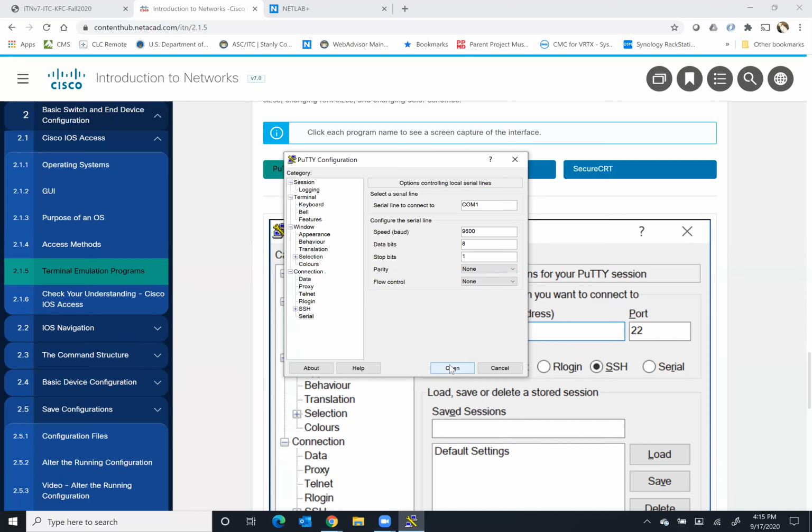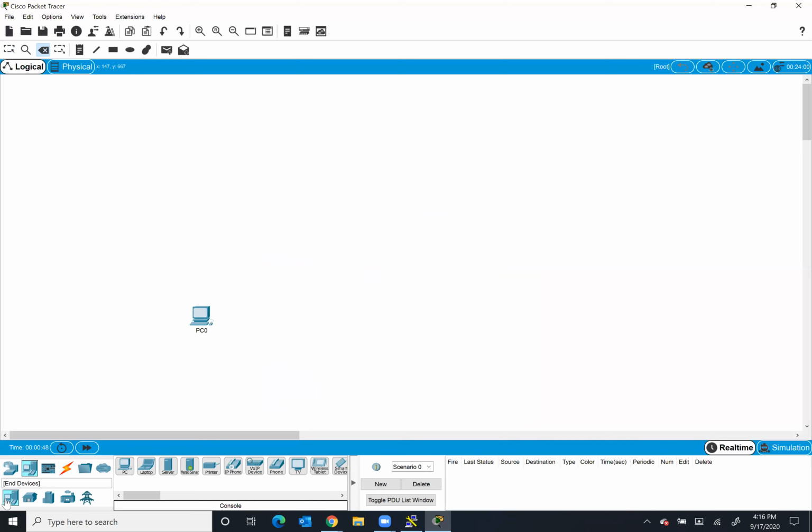By the way, it's also how you delete items. So you click on the delete item, and you can delete things that you put in. So I'll go back, put my switch back in here. Get my switch. Oops, there we go. I go to my connections, console. So I go RS-232, go to the switch, console, and then on the PC, they've got this